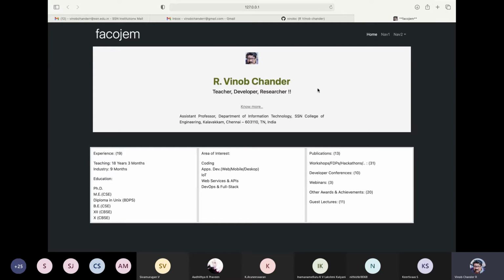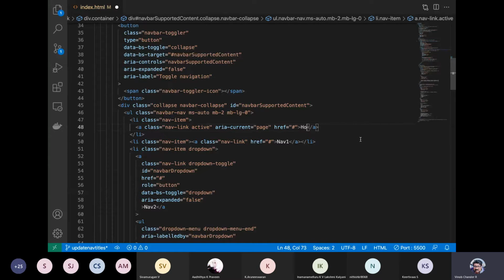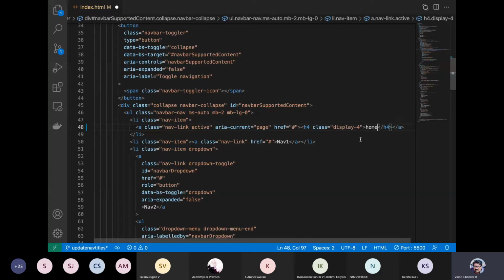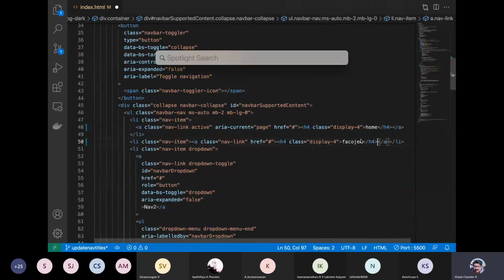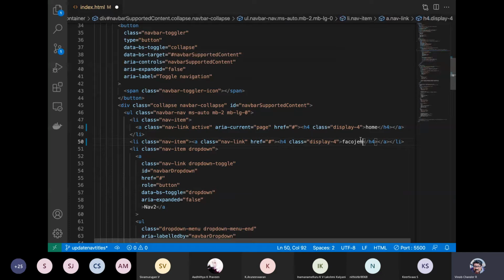We have home, nav 1 and nav 2. So we have home here. Let me remove this, paste this, and call this home. Similarly, let me come to nav 1 and have this as nav 1.